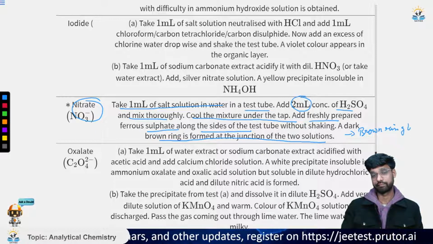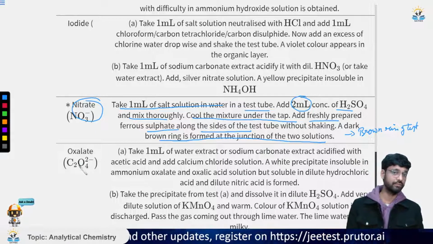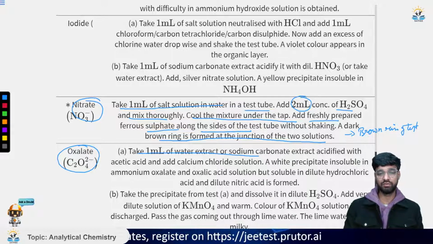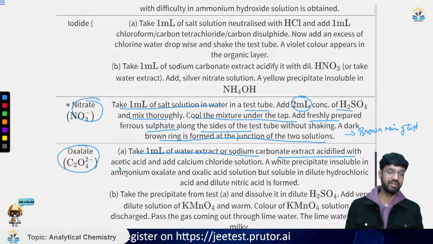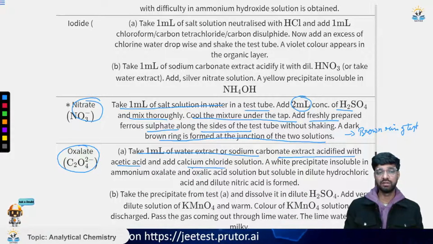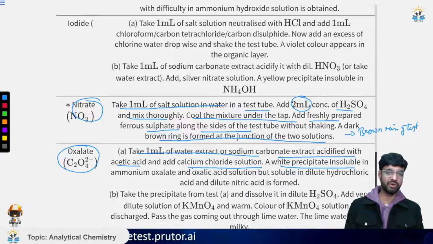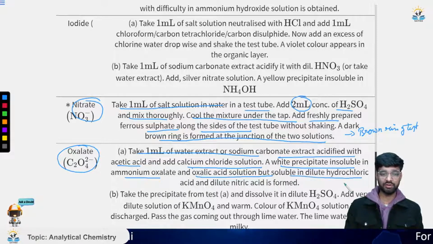Then for oxalate, we take 1 ml of water extract or sodium carbonate extract and acidify it with acetic acid and add calcium chloride solution. Then a white precipitate, insoluble in ammonium oxalate and oxalic acid solution but soluble in dilute hydrochloric acid and dilute nitric acid, is formed. Now we take the precipitate from test A and